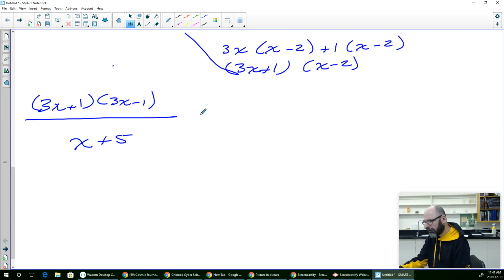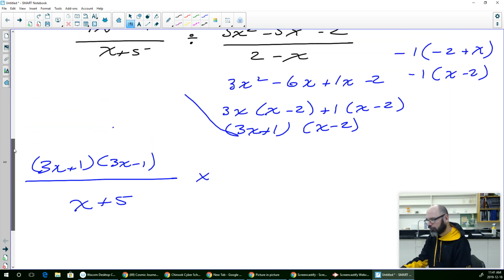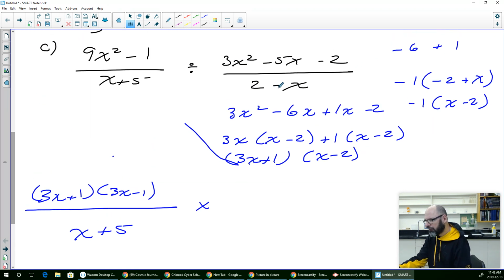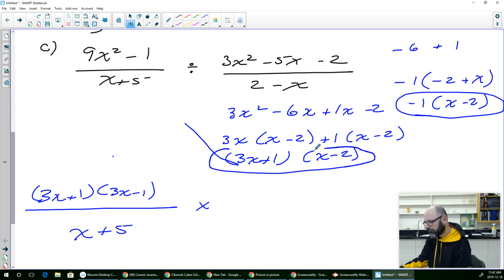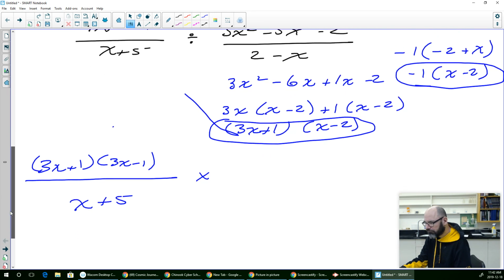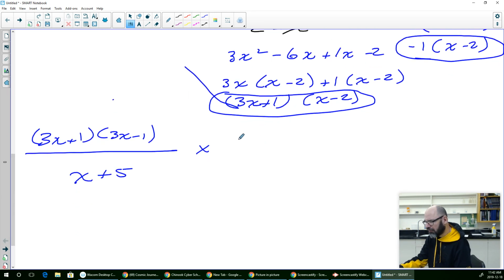Okay, divided by, we're going to flip it over now. We're going to go multiply. So the top is, this is going to go on top. So this will become our top. And this will become our bottom right here. So our top becomes, and our bottom becomes,